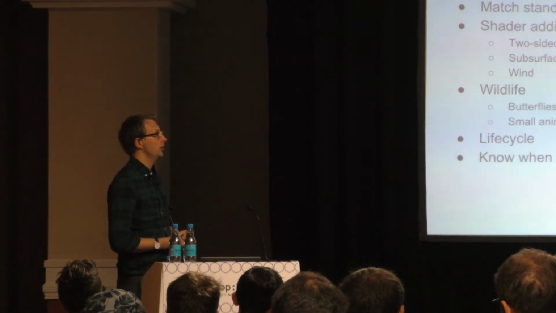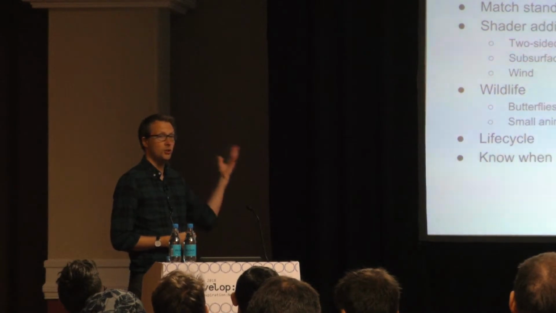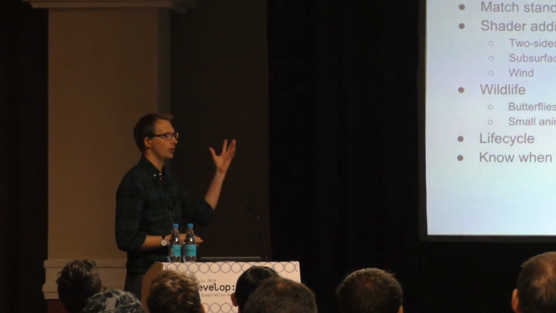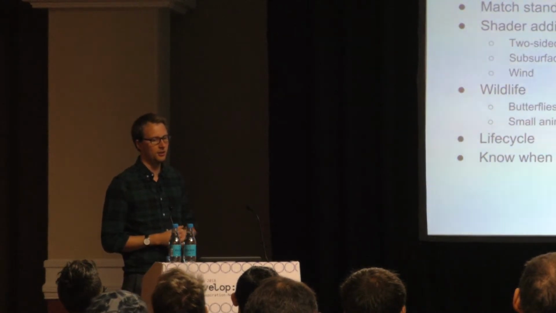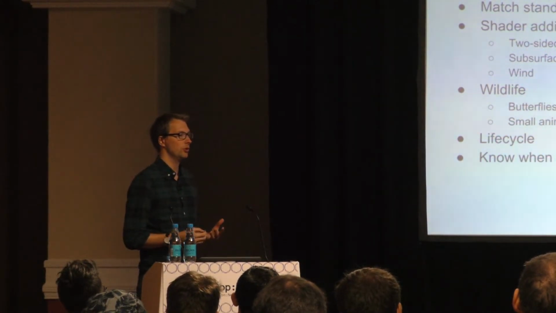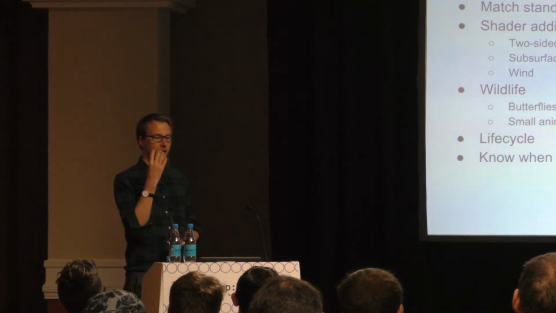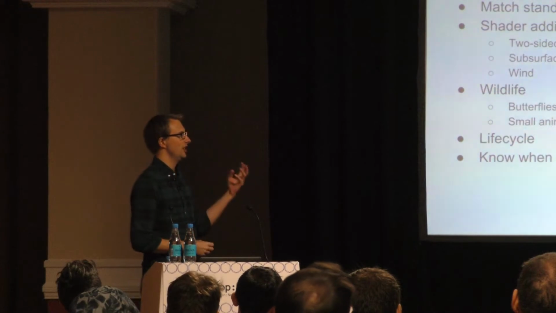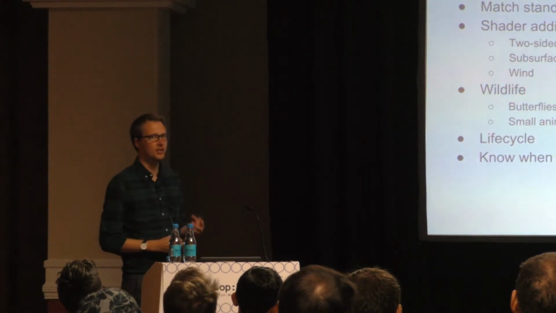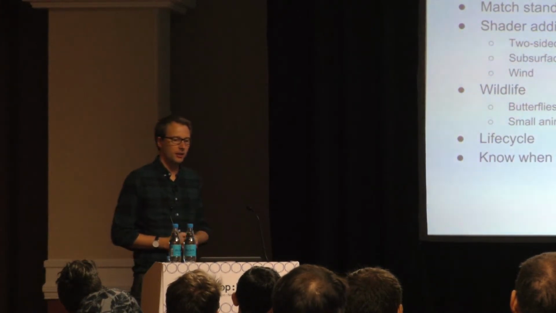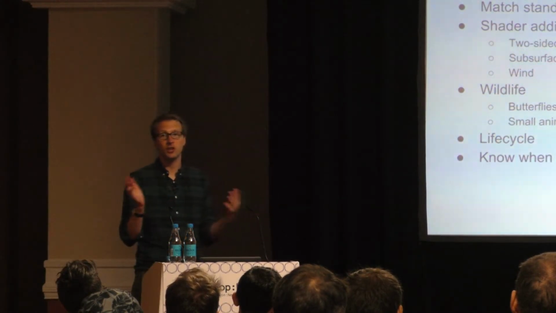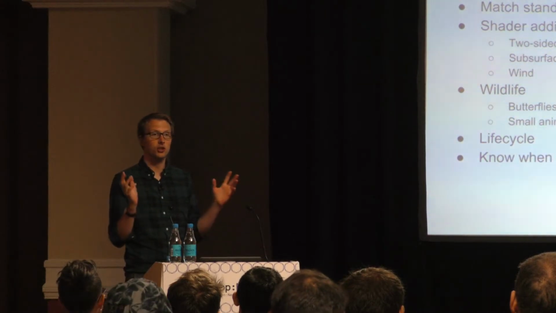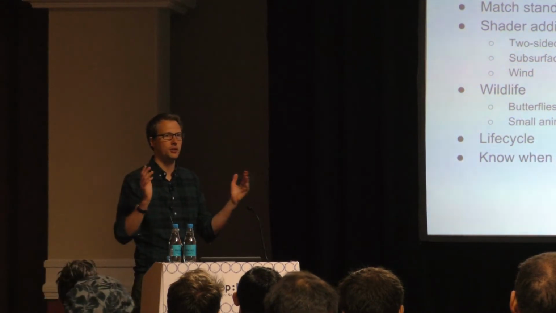Shader additions could include two-sided normals if you wanted them. Again, this will be different depending on the engine you're using. In Unreal, this kind of thing exists. Subsurface scattering, if you want to get the plant to react to the light in a realistic fashion, but this could increase render time, that kind of thing. And wind, so use vertex color information and you can plug the wind into the shader to just give it a little bit of a wave,